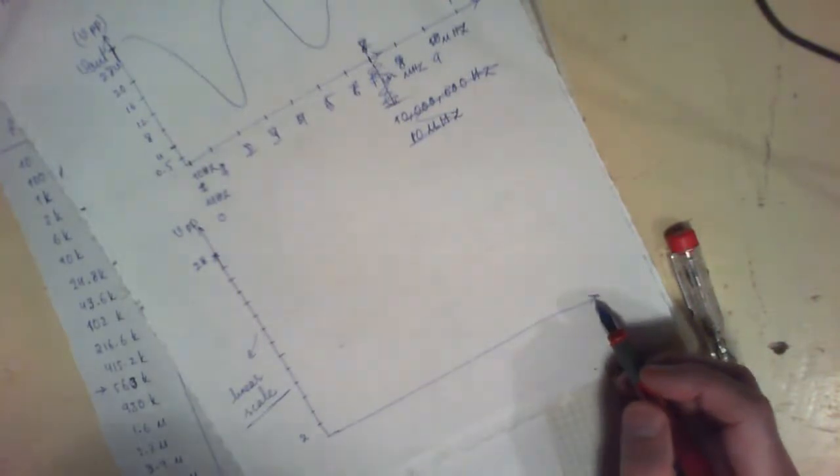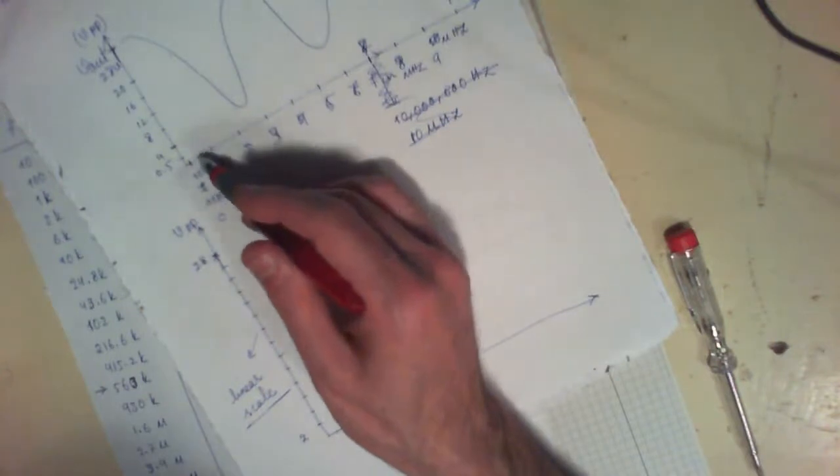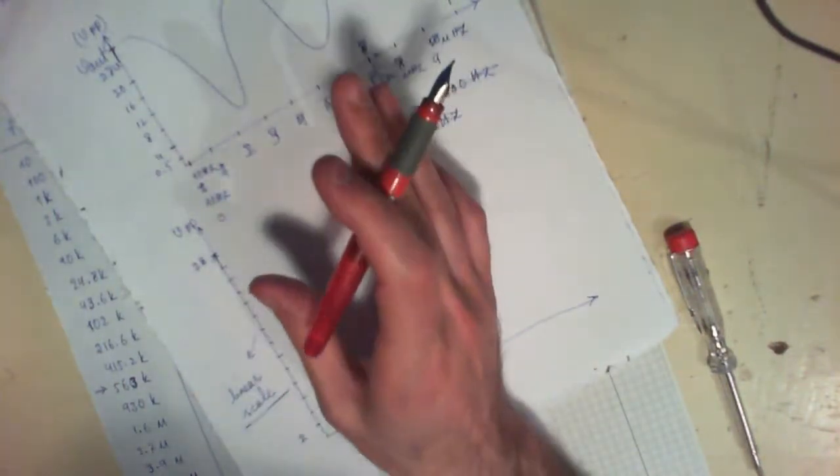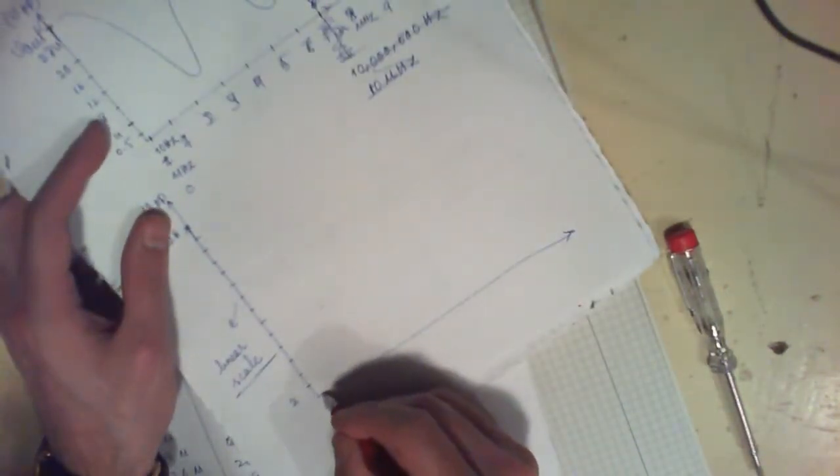This thing over here is a linear scale, and then on the horizontal scale, in order to get around the problem of having to divide, for example, 1 centimeter into 1 million equal distances, which is of course impossible,